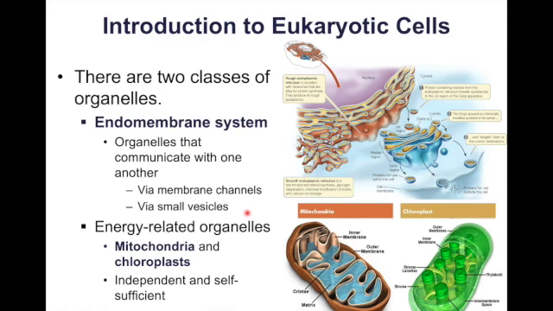So two main groups of organelles that we're going to talk about: the endomembrane organelles and then the energy-related organelles. The endomembrane are these guys that communicate with one another via these channels and vesicles, and so this is what's moving stuff around the cell and sending messages forth and things like that. And then your energy-related, of course, are the mitochondria and the chloroplasts. These guys do their own thing. They're independent, self-sufficient. Oh, and I did forget to mention another bit of evidence in support of the endosymbiont is